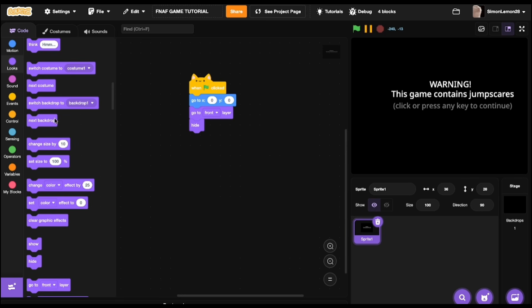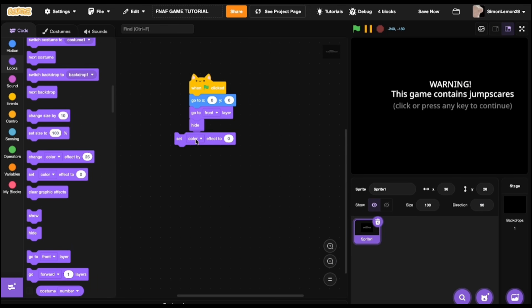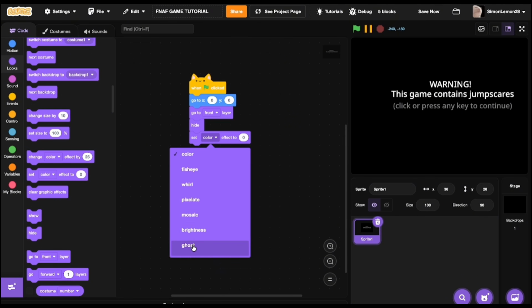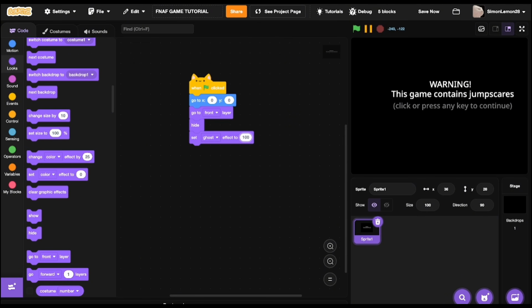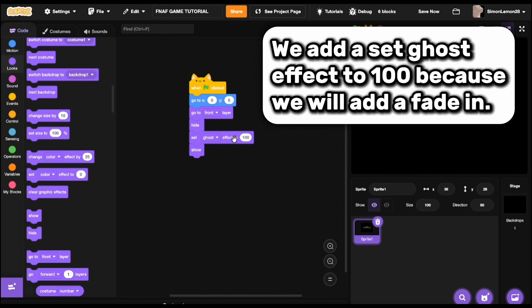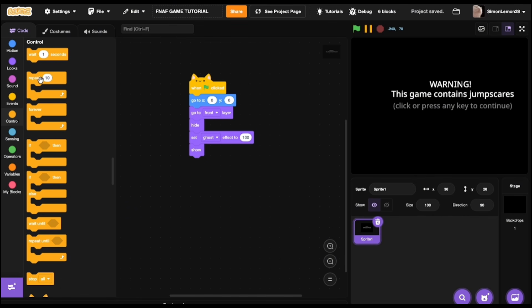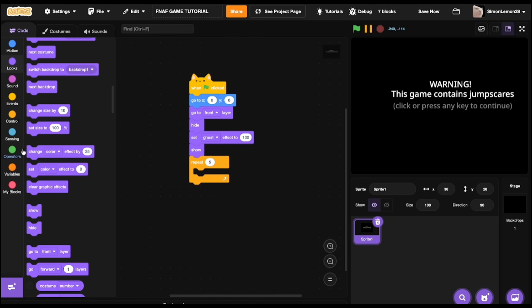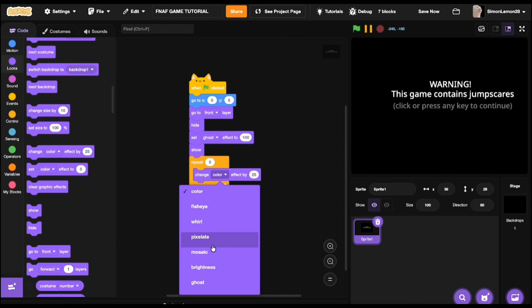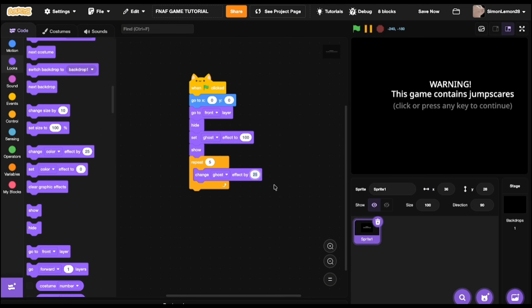We're gonna do a set ghost effect to 100. And we're gonna make a show. So the reason why we're adding a ghost effect is to make a fade in. So to make it, do a like repeat 5. Change ghost effect by -20, something like that. Next, you're gonna add